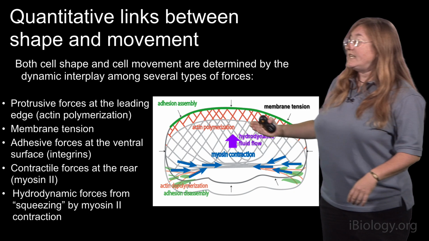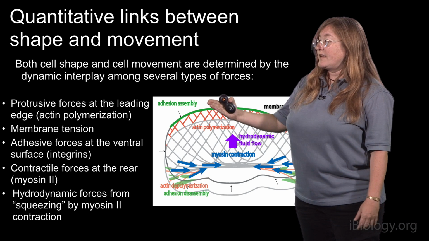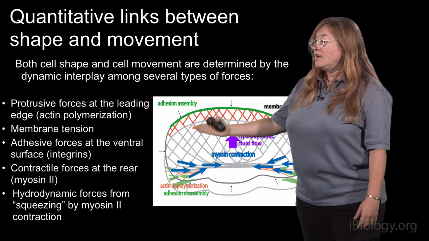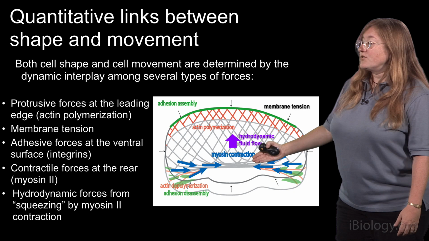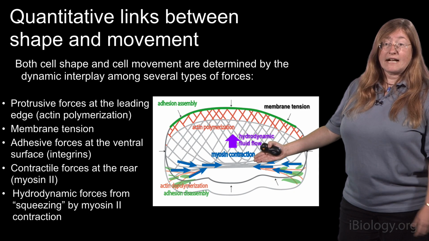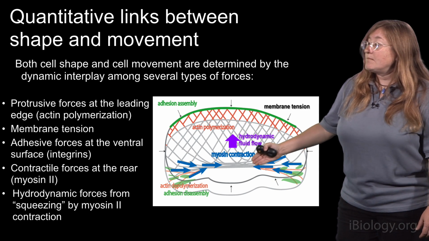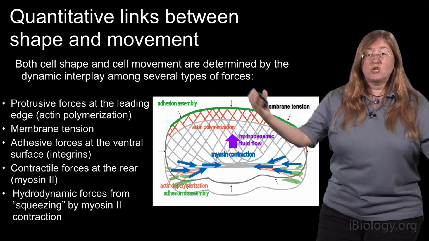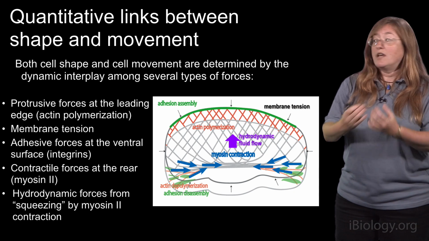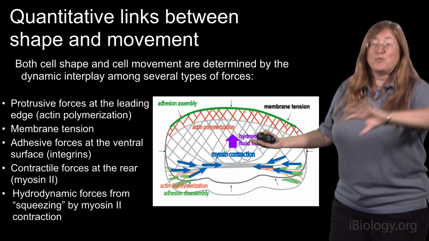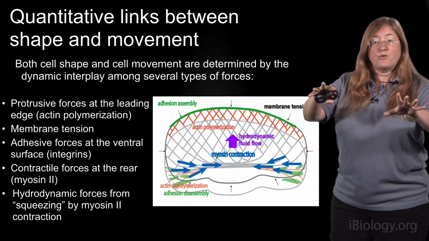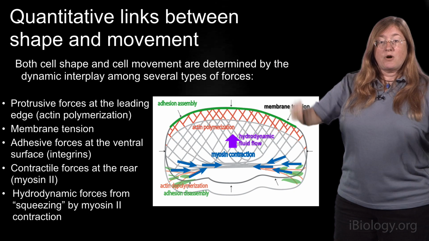Now, there are also adhesions that have to contribute, and those adhesions are assembled at the front and then disassembled at the back. And then there are contractile forces that are driven by myosin, primarily acting at the back. Because that myosin contraction is happening at the back and squeezing the cytoskeleton inward, that actually creates a forward hydrodynamic fluid flow that squirts fluid through the meshwork of the lamellipodium to deliver components up to the front of the